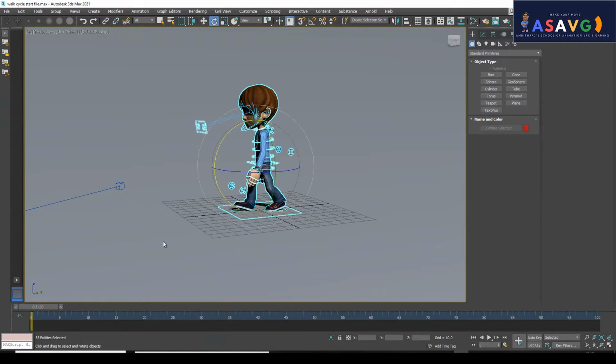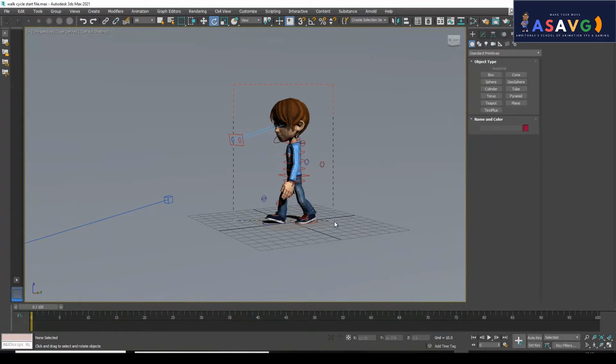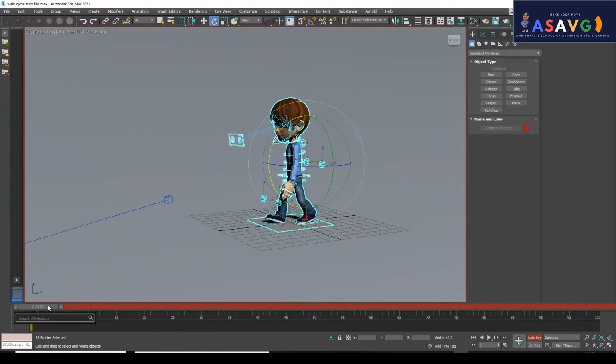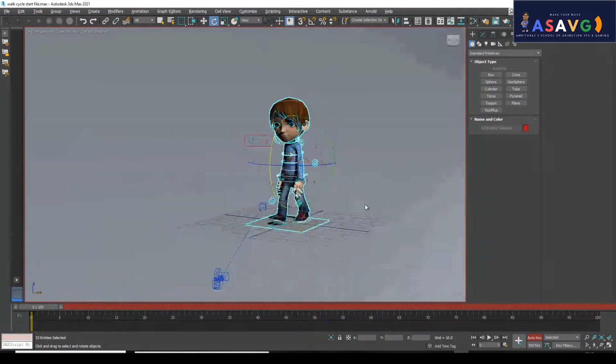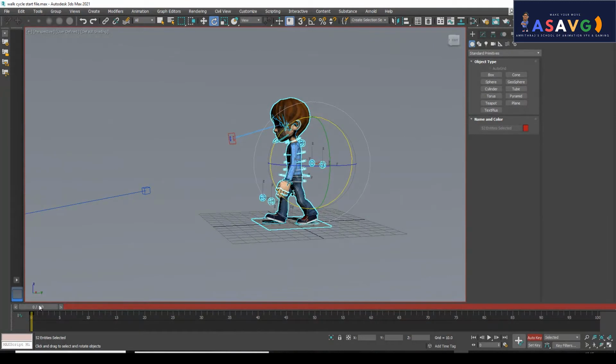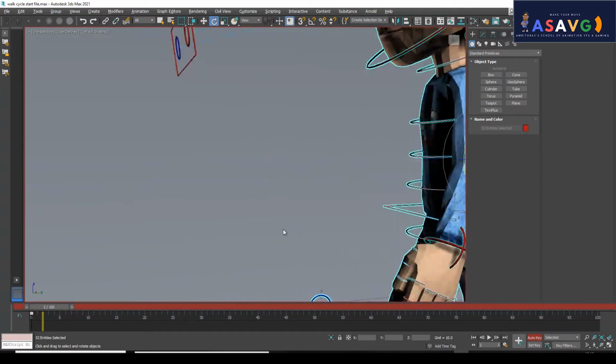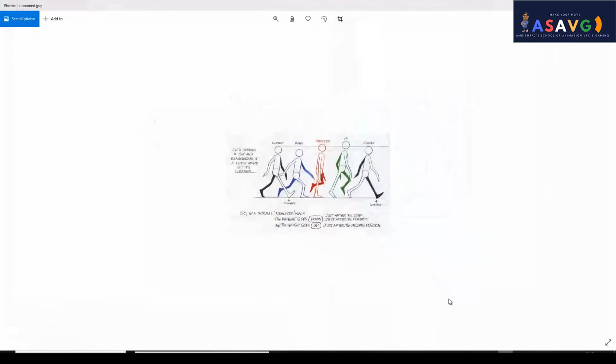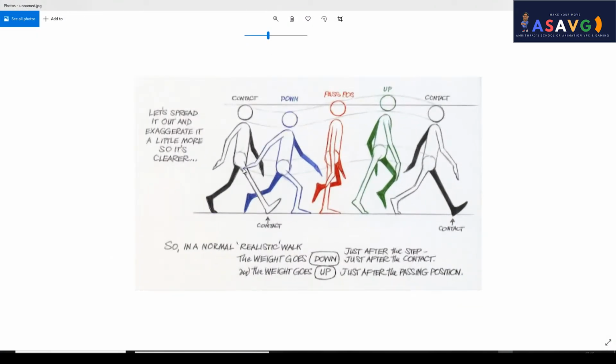I am deleting all the keyframes and we will start from here, selecting the whole character and making an auto key, and press yes. So you can see the first keyframe over here. Understand? Then I am copying this keyframe. Then we go to the first pose. Look at the first pose. You can see here the first pose.